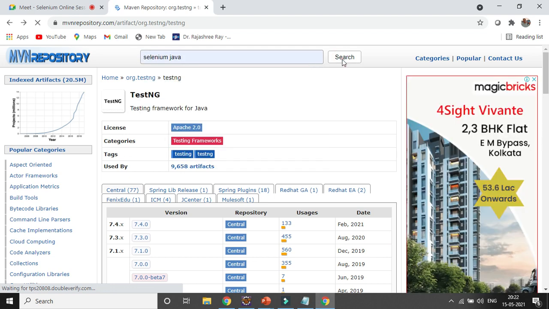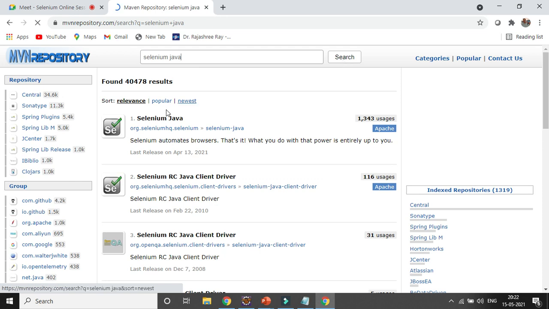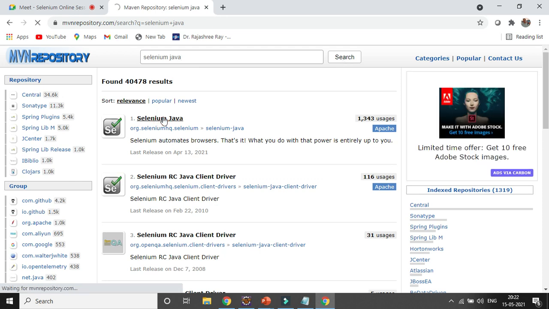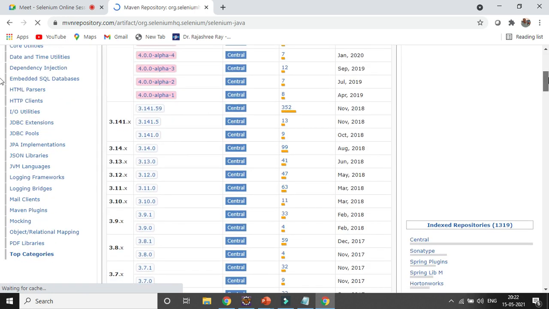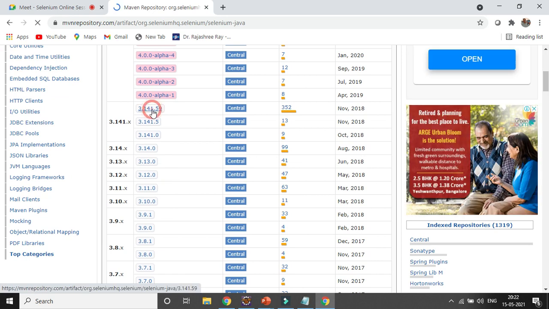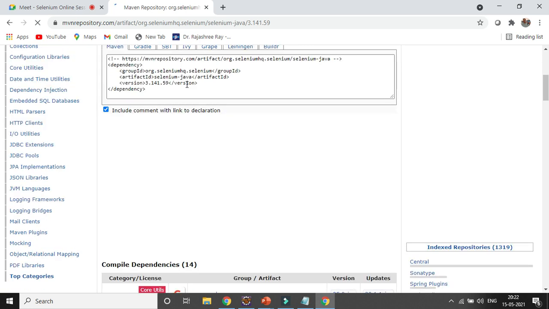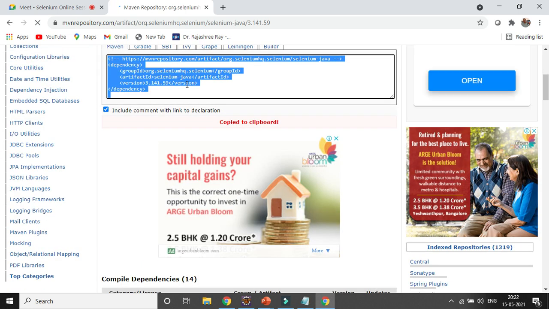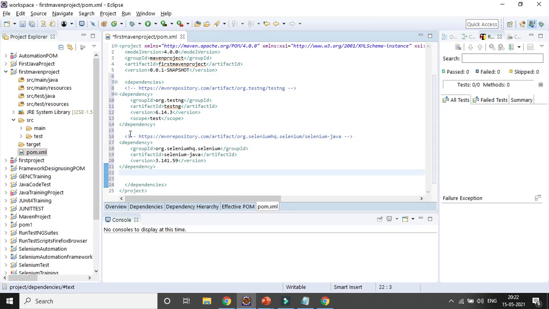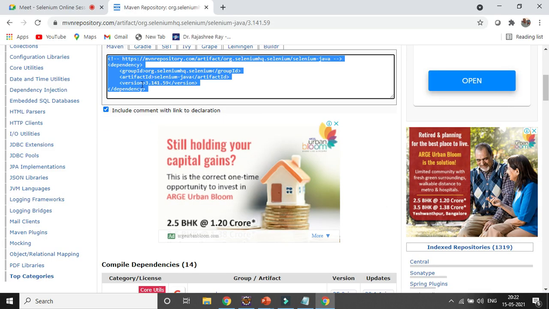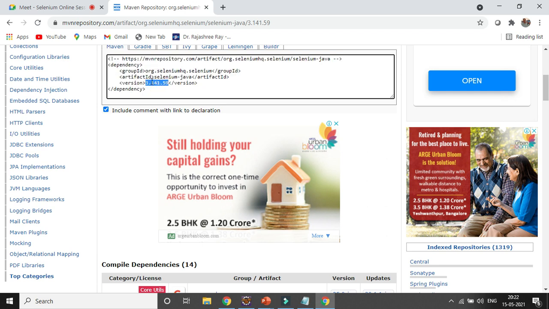There is no need to add the Selenium standalone jar file. We can find multiple kinds of versions here. I can go for 3.141.59, whichever jar file is already used, just click here, and add it in the project. This is another dependency. These versions are fixed, because for each and every version, the relevant jar file will be added, relevant to that version only.